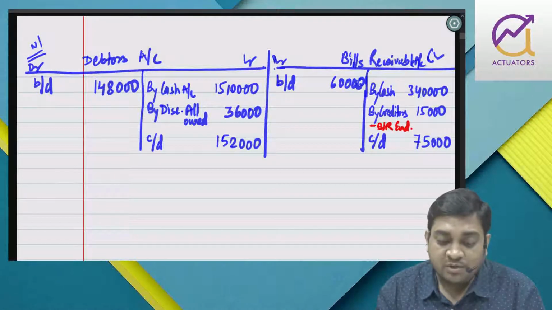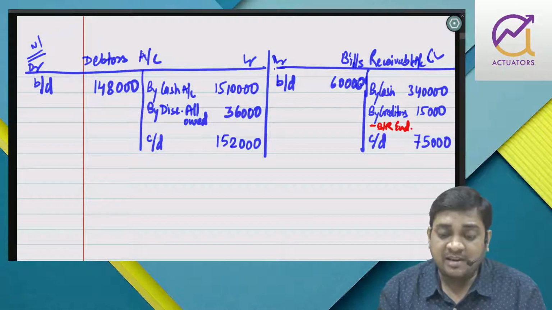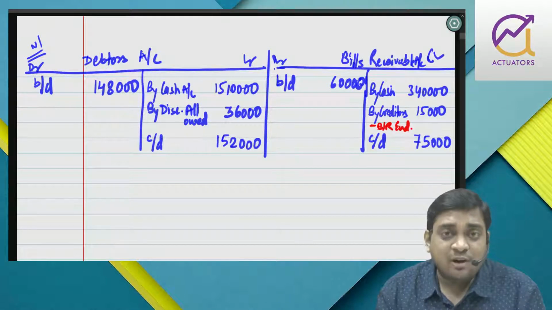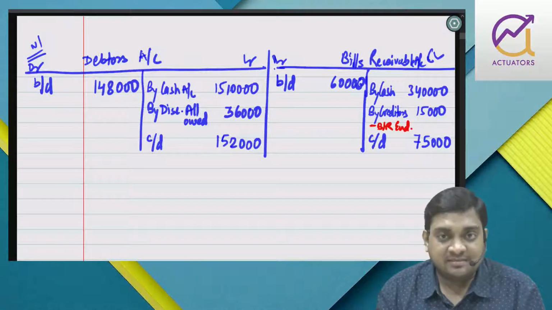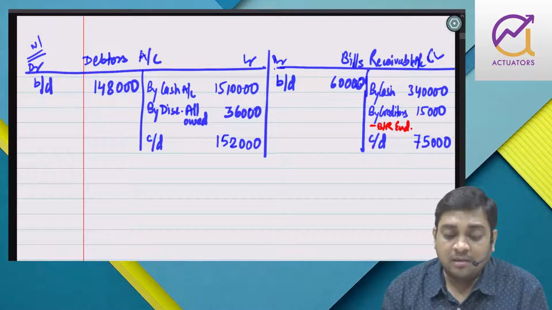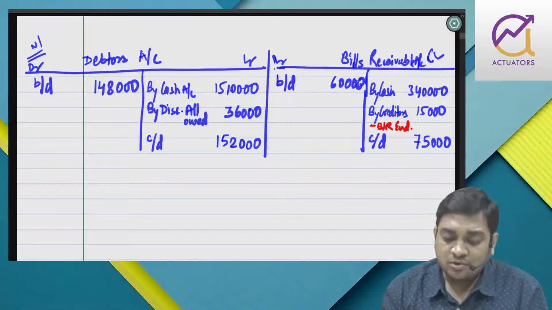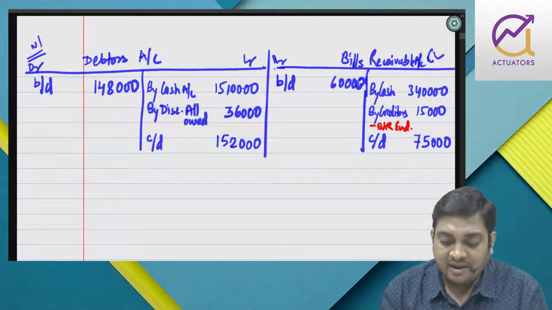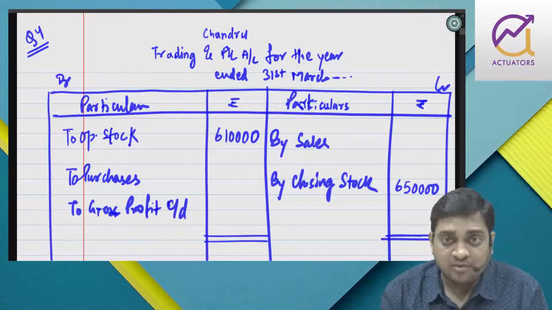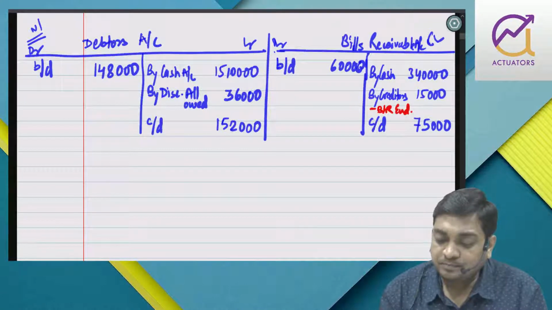Right? So right now I am preparing only debtors and bills receivable, because when you prepare debtors, you have to prepare bills receivable side by side. Anyway I cannot prepare creditor, because that is worthless. For preparing creditors, I have two missing figures, right? Purchase and closing creditors. So right now I am not preparing it, because that is not required. I have told you, once I come to know the sales part, I'll get the gross profit, and purchase will be my balancing figure. Right? So this is done.